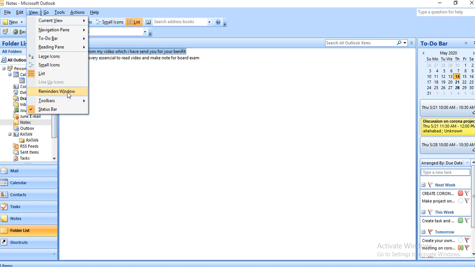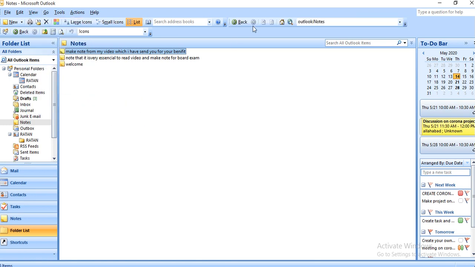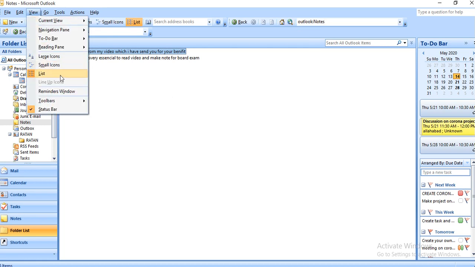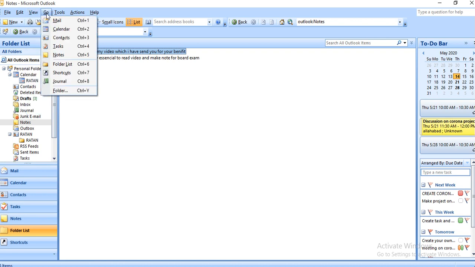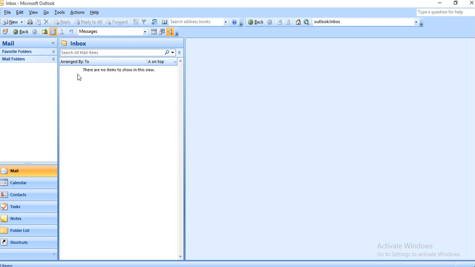The reminder window will remind you that the date is over, now do the work. The toolbar is standard, advanced, and the web one. Here you can go to the internet. Status bar. Then go to mail, and the inbox.